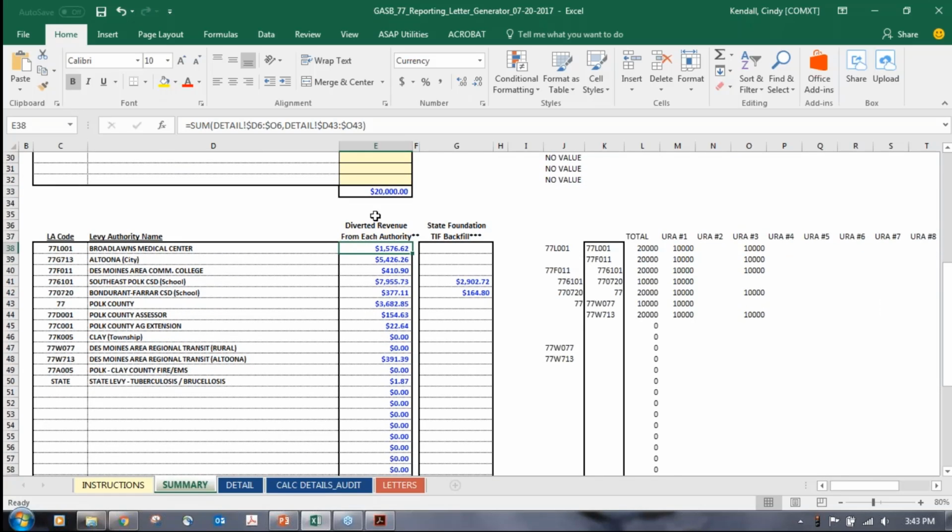We take the $20,000 worth of payments, we break it out by how much came from each of the levy authorities that we diverted revenue from. Also, there's a second column that says State Foundation TIF Backfill. So schools, while they do have money diverted away from them for TIF purposes, they do get a backfill through the school foundation aid formula. So the state makes an appropriation out of the general fund and pays the schools back for some of this